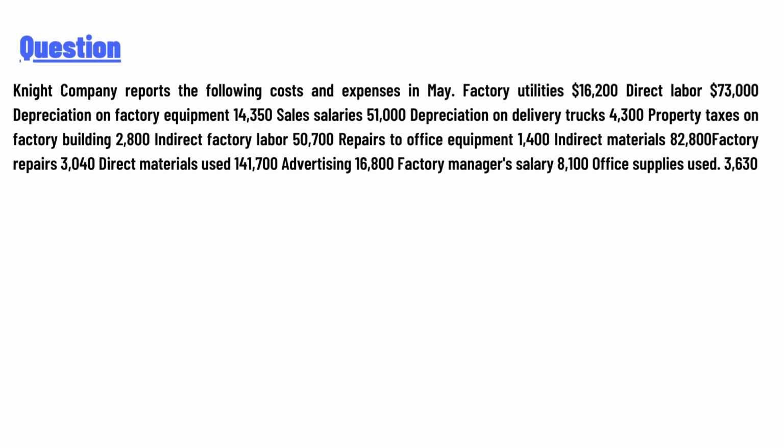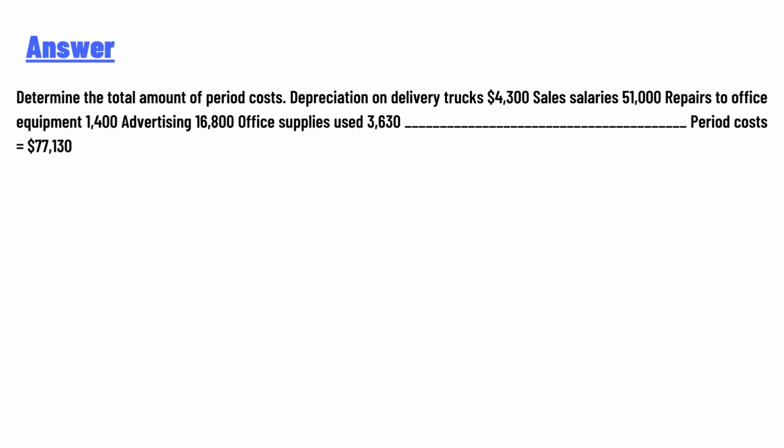2,800, indirect labor 50,700, repairs to office equipment 1,400, indirect materials 82,800, factory repair 3,040, direct materials used 1,41,700, advertising 16,800, factory manager salary 8,100, office supplies used 3,630, and the answer of the question is: determine the total amount of period cost, depreciation on delivery truck 4,300,